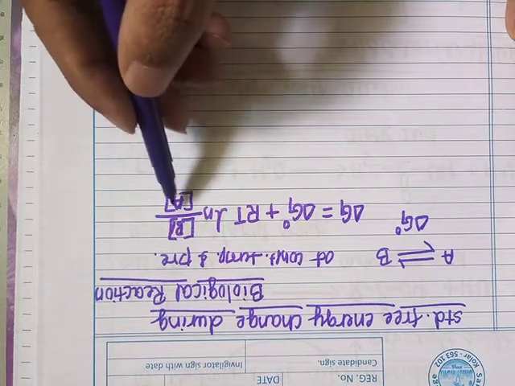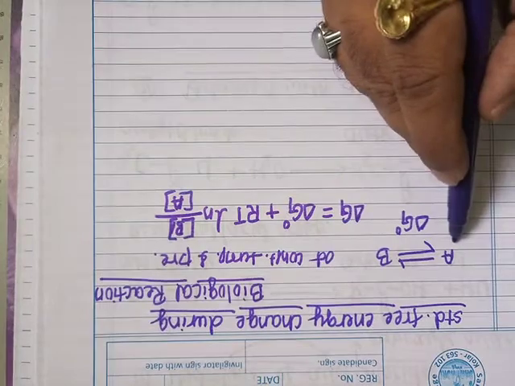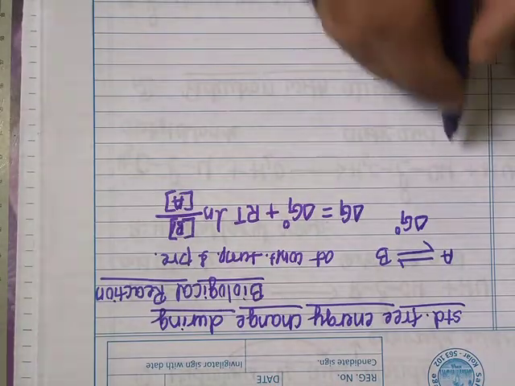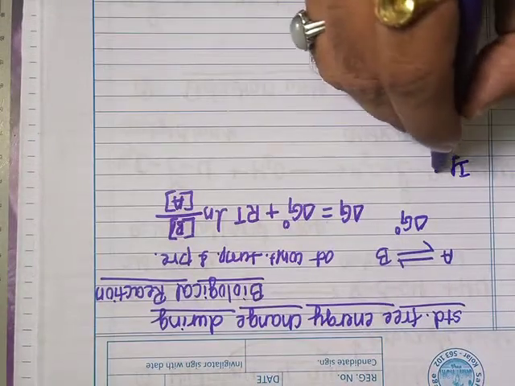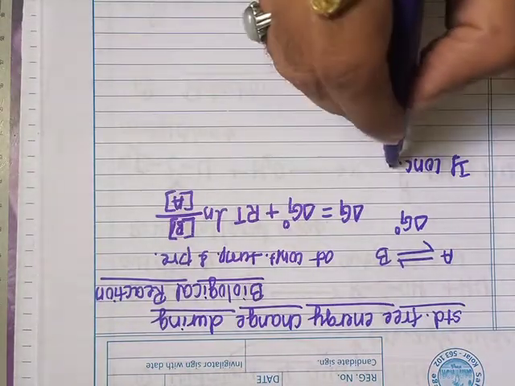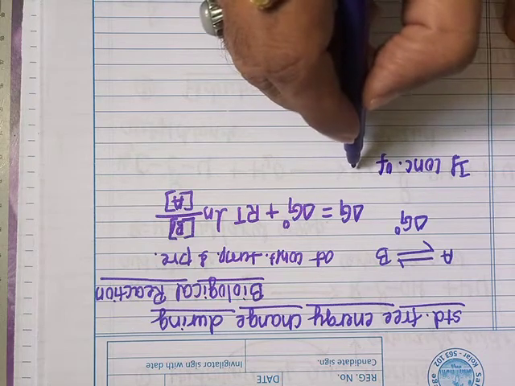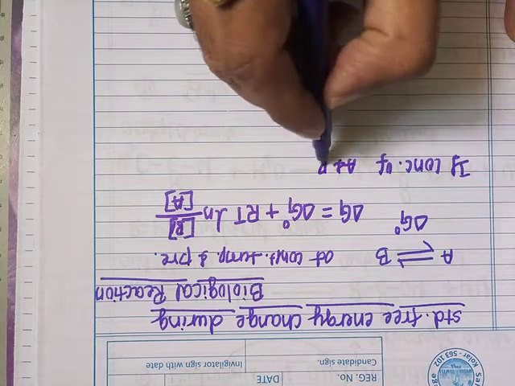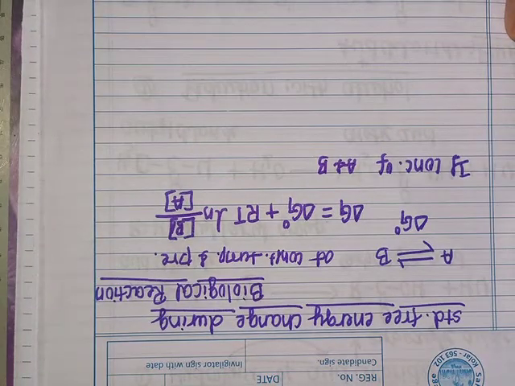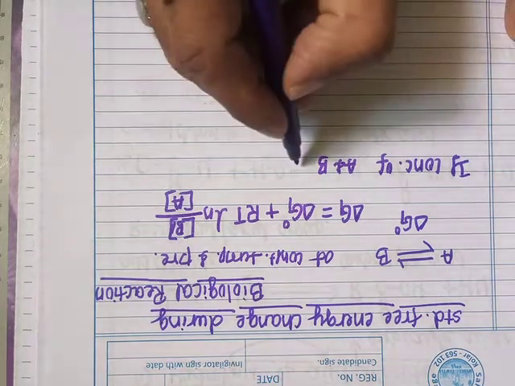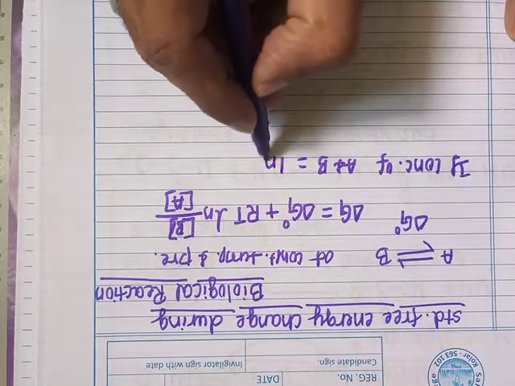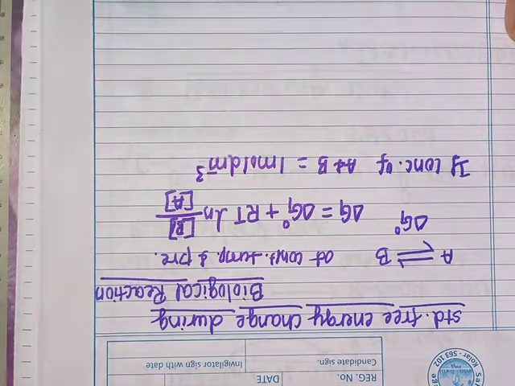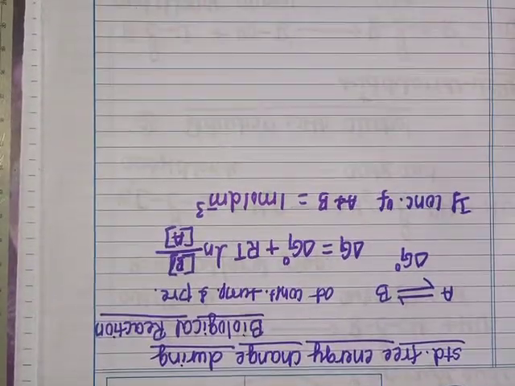This is the concentration of the reactant A and this is the concentration of the product B. So if the concentrations of A and B are equal to 1 mole per dm cube,